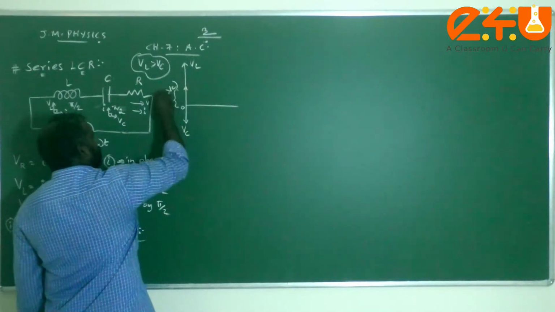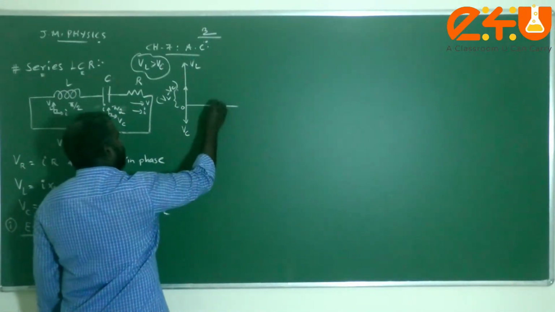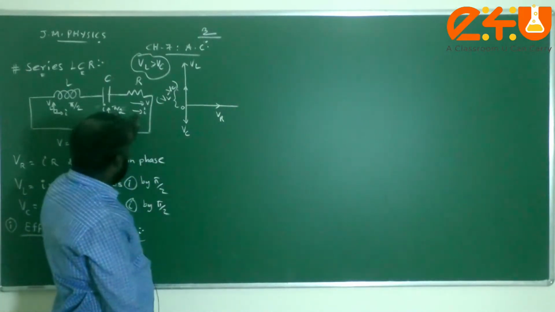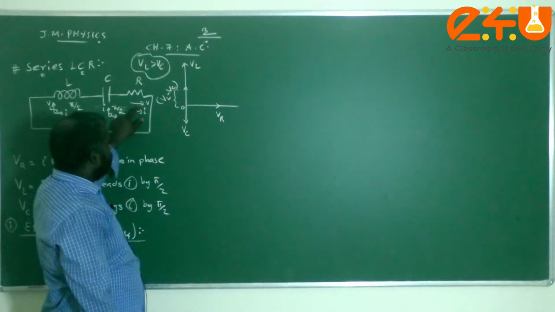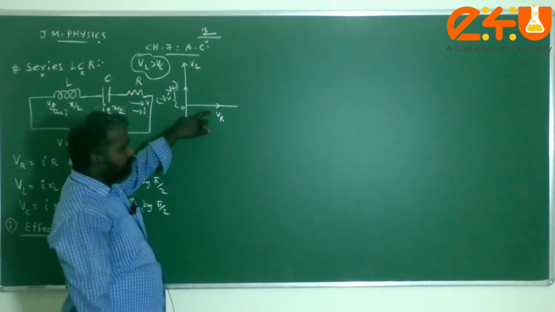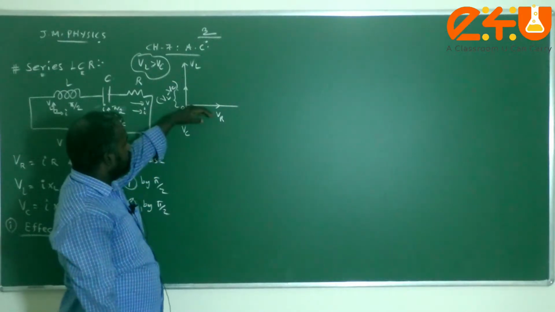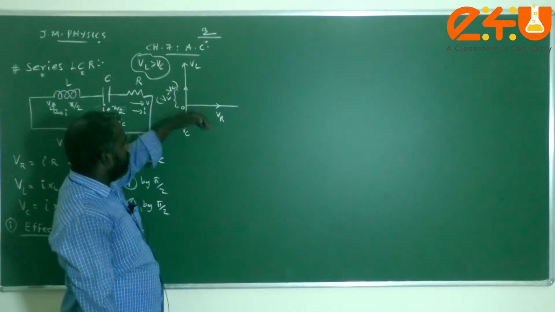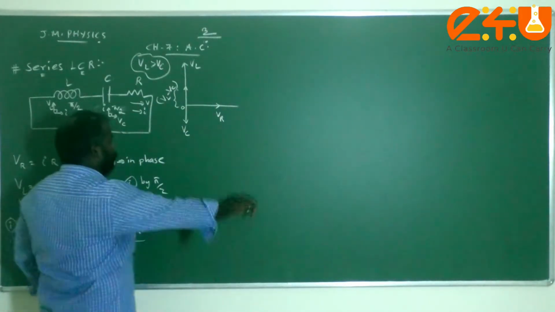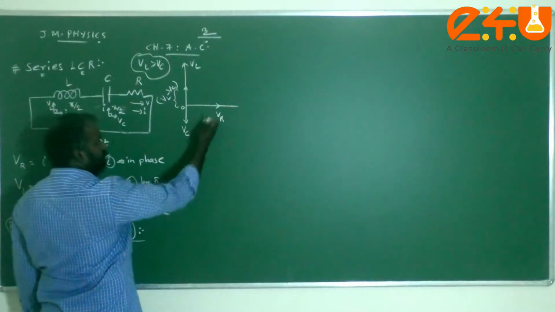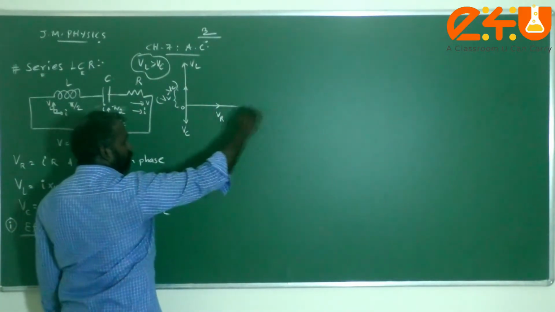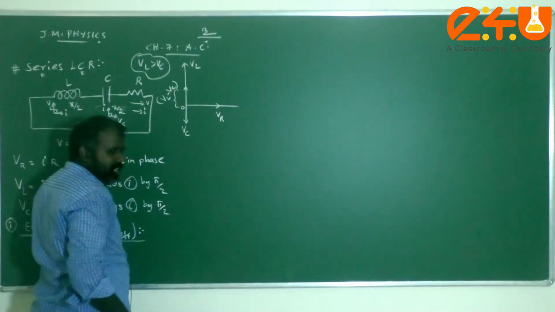This is VL minus VC. Along this direction we take the voltage across the resistor R, because there is no phase difference between voltage and current in the resistance R. Therefore take this as the reference. With respect to this, the voltage leads in the inductor and lags in the capacitor. Lagging I draw in the negative direction, and leading is positive with respect to the initial one.